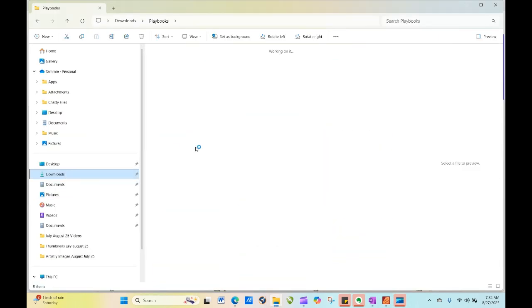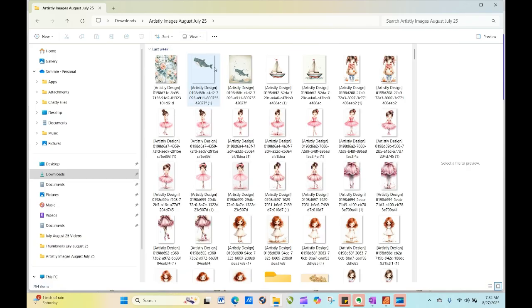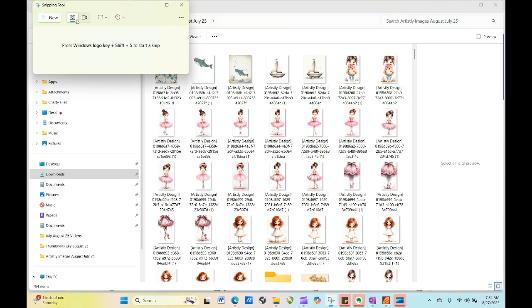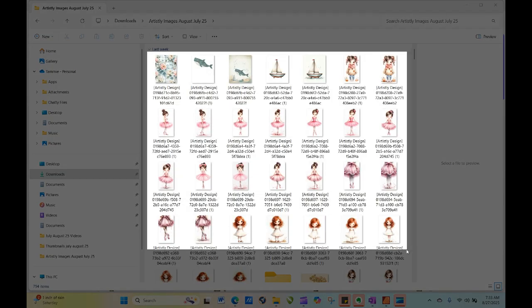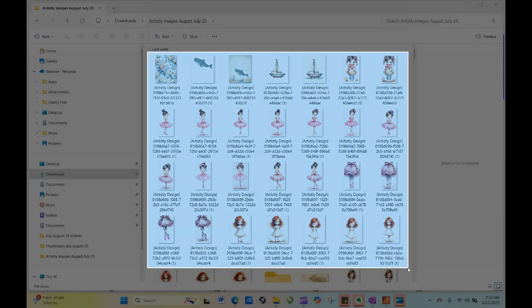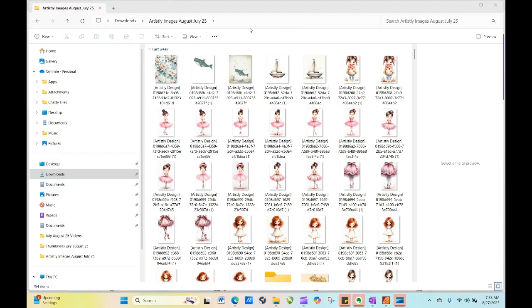Artistly images. So this is kind of how I would do that. You can actually go in then and snip and create a directory of all your images. So you can actually see what's in each of your folders. I just do new, and then I can just do them like this. And then I can copy it. And then I can actually go back into